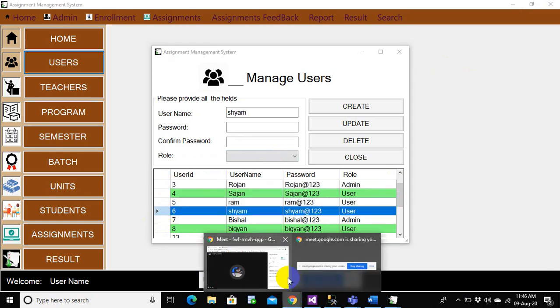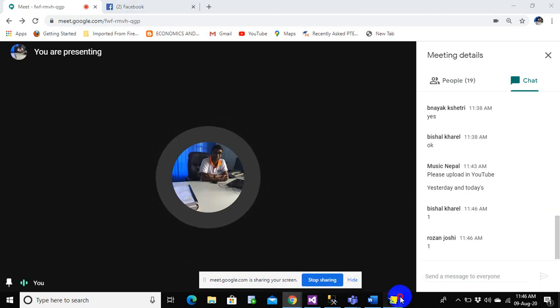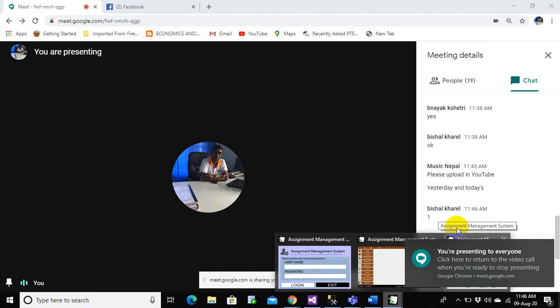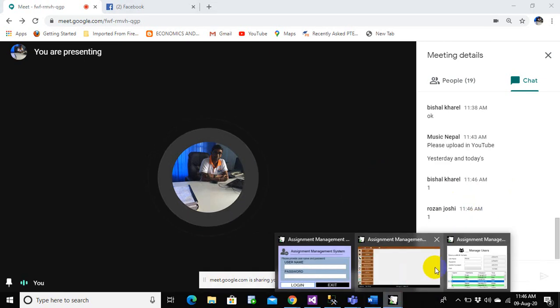What is the number of rows that you can select? Rosen has one, Vishal one. Yeah, absolutely. You can select only one row at once. And for Visual Studio, let's say for Ashok one, that's correct.